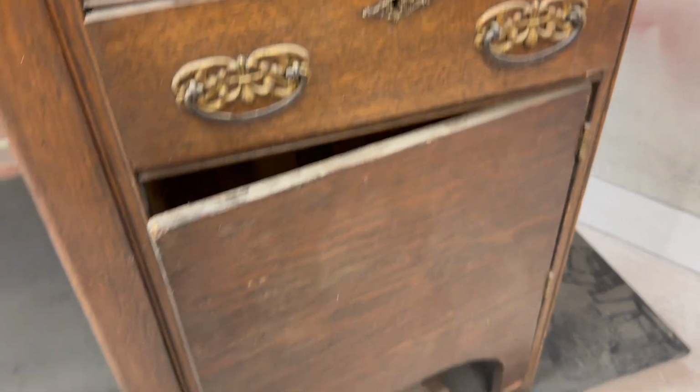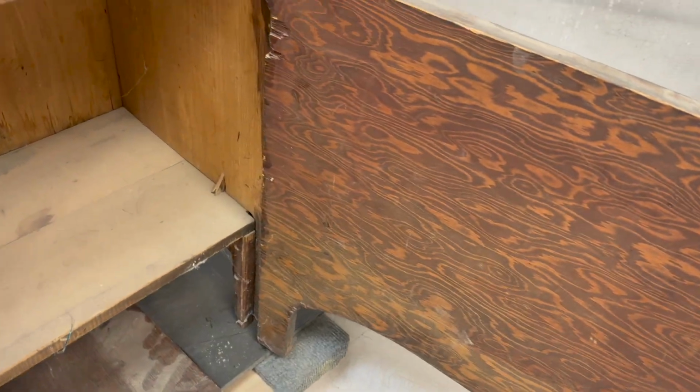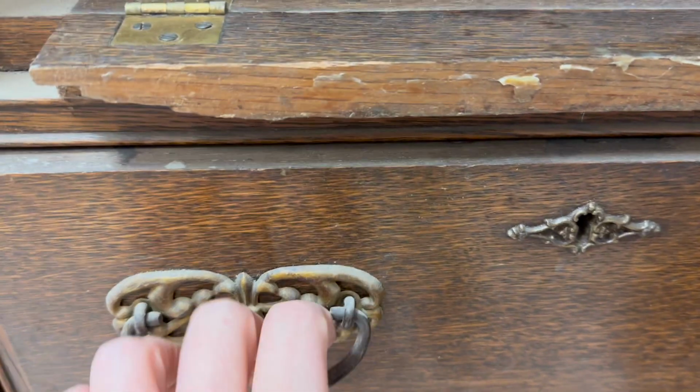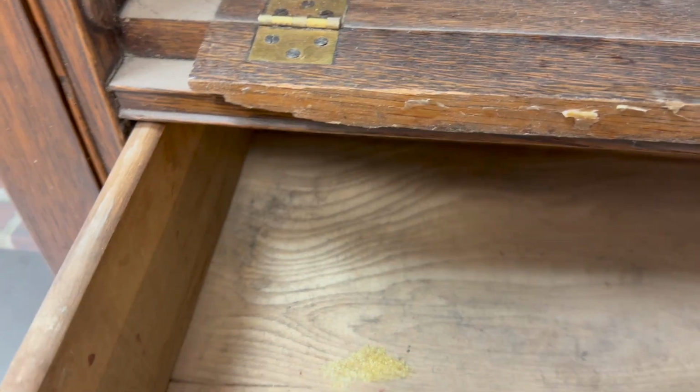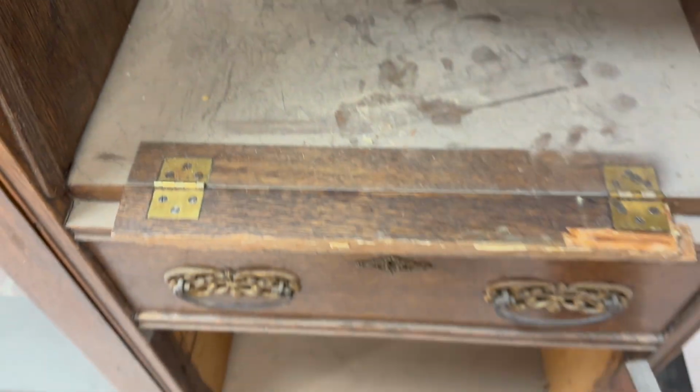And this down here is a door that somebody made to replace one that's gone missing. You can see it's not very beautiful. And both of these hinges are replacements and not really doing what they're supposed to. As well, the interior of this is needing a little bit of help. By some miracle, we still have our original hardware and the drawer is intact, and out of all of the other things, it's in pretty good shape,